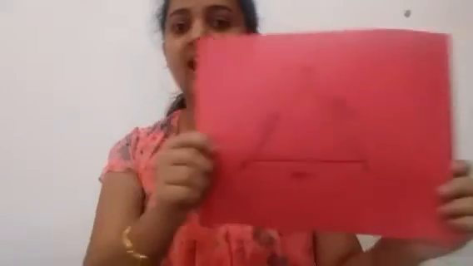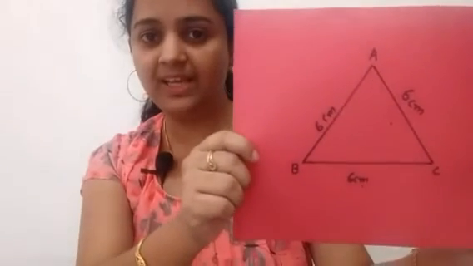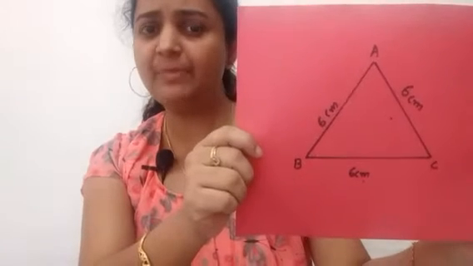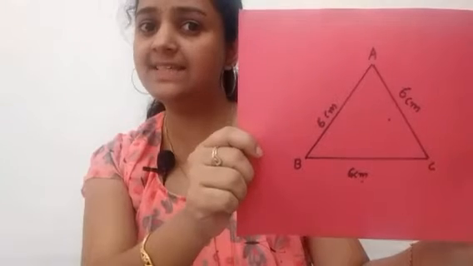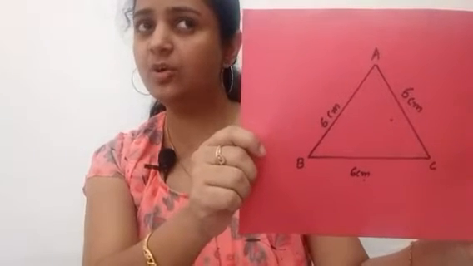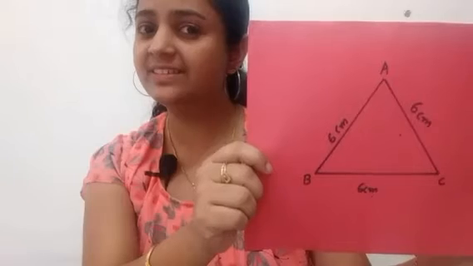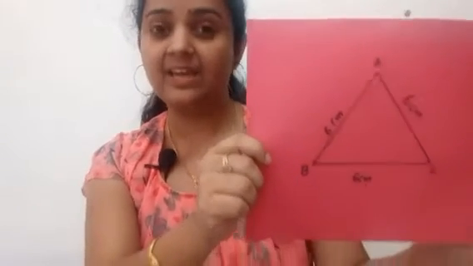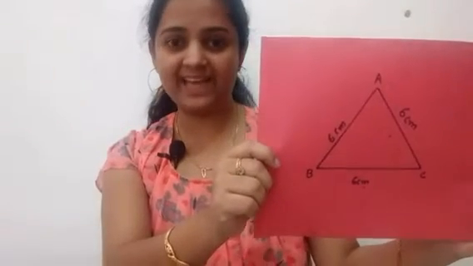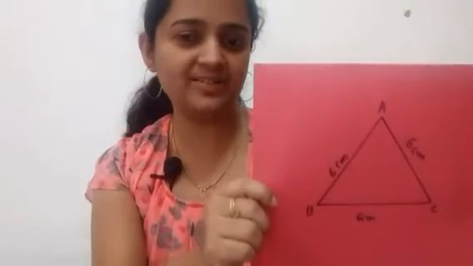Okay. Next we can take another triangle. Consider another triangle and we need to find the area of this triangle also. This is our another triangle. Look. What type of triangle it is? Here all 3 sides are 6 cm, isn't it? So such triangles are called? Yes, that is equilateral triangle. If all sides are equal in a triangle, such triangles are called equilateral triangle.